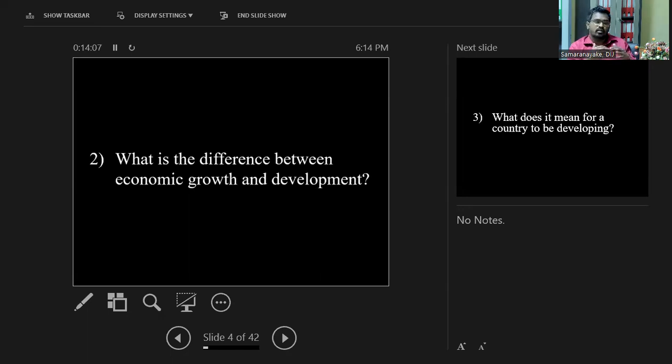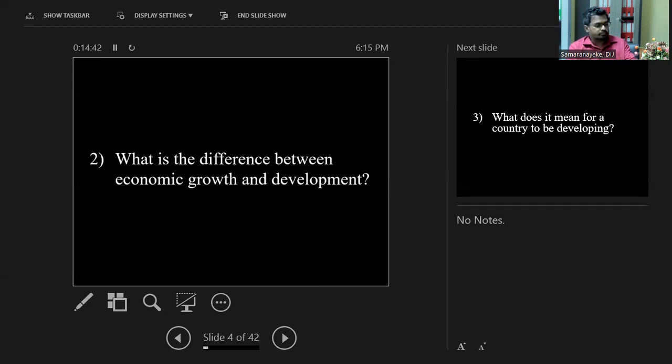Because from the things we learned so far, you may have some idea about economic growth, isn't it? So you learned about economic growth from different perspectives. Does that mean development? According to what Mithusan said earlier, it seems like no, we have more things to think of, right? So how do we clearly show this difference, or how could we distinguish between economic growth and development? That is another fundamental question that I need to ask you at the very beginning